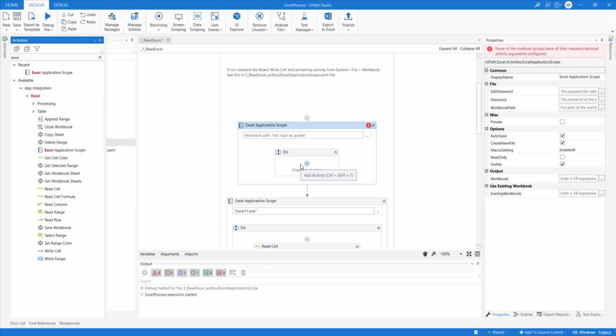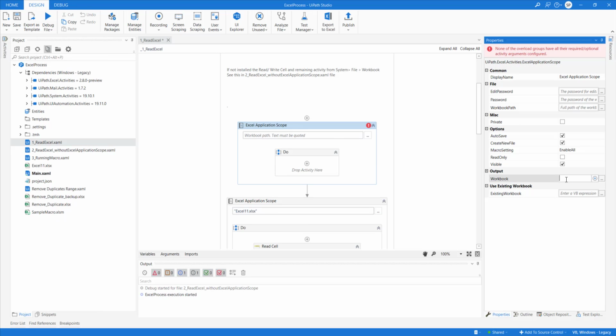Why is it so? Because in your automation, you can work on multiple Excel files, right? For UiPath to work, it has to identify that Excel file with some identifier. So whenever we use Excel application scope, we use the output as a workbook, and we'll say workbook 1.